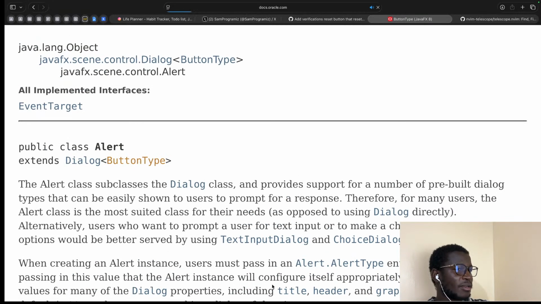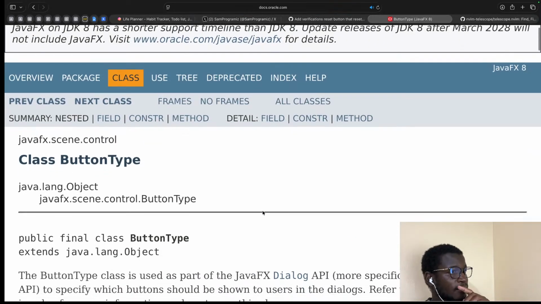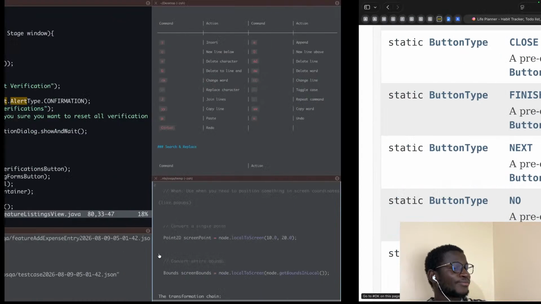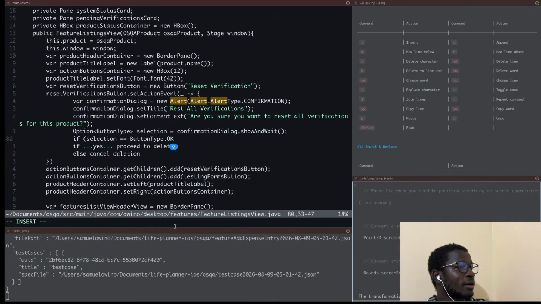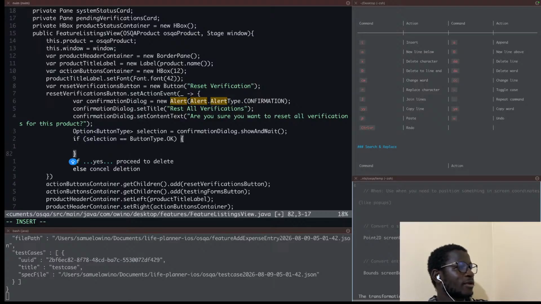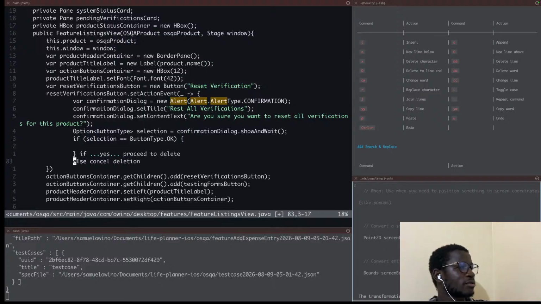Going back to the button types, yeah, that's OK. If it's ButtonType.OK, then we can proceed here to